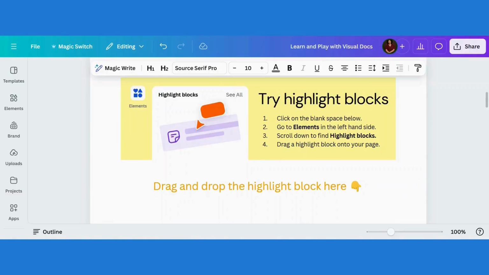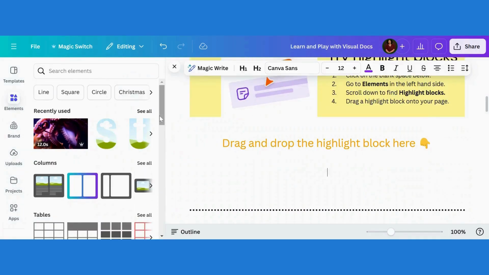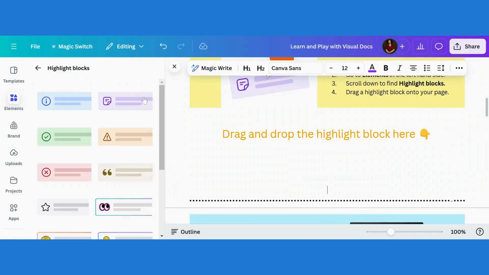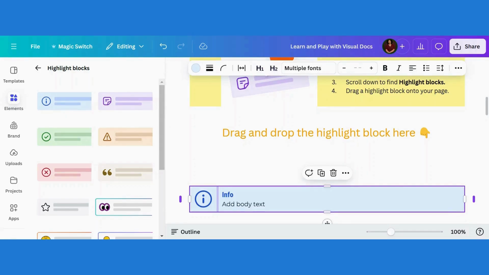The second thing we can do to our document to turn it into something visually stunning is adding a highlight block. Now, highlight blocks are very simple to add. You can add as many blocks as you wish. So to add a highlight block, you go to Element, scroll down, and here you find it, highlight block, just above the charts. There are so many highlight blocks. You can choose any one you want. So once you select any one, it will appear here. You can select another one